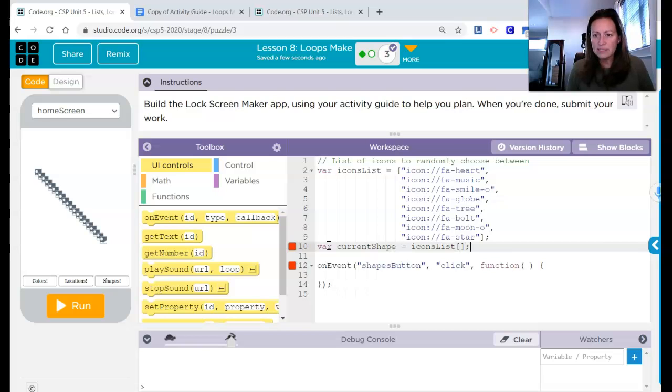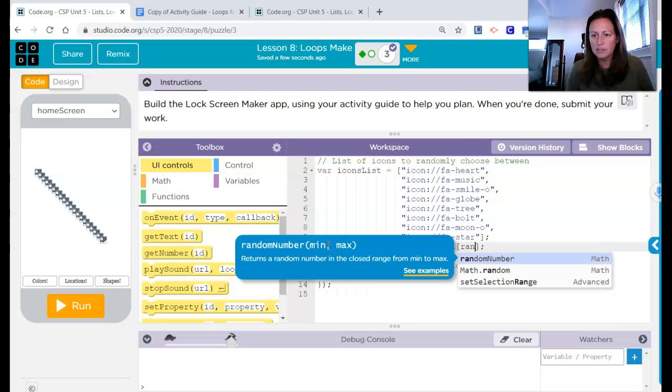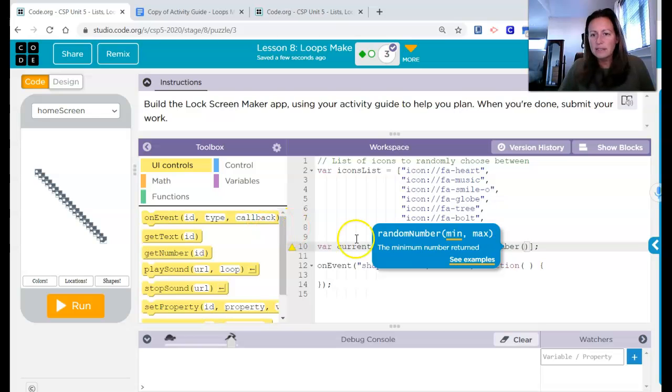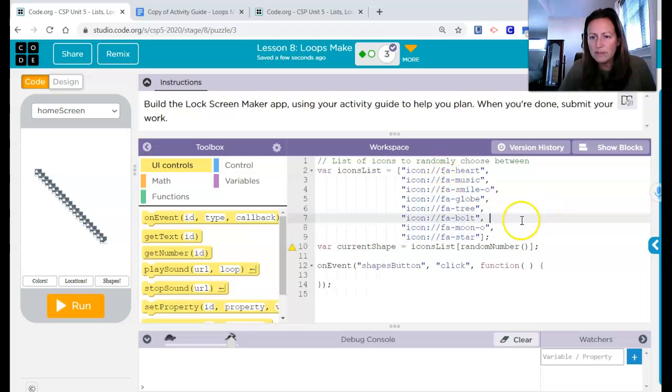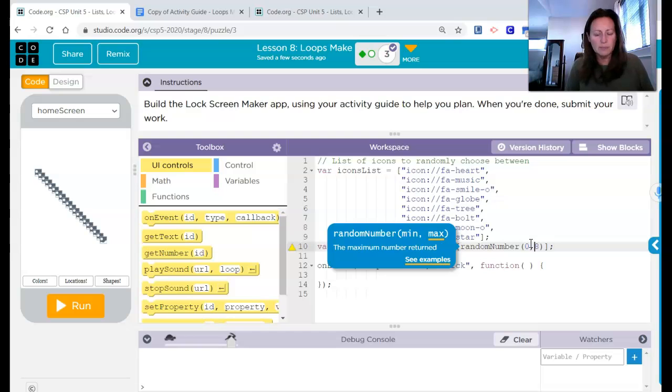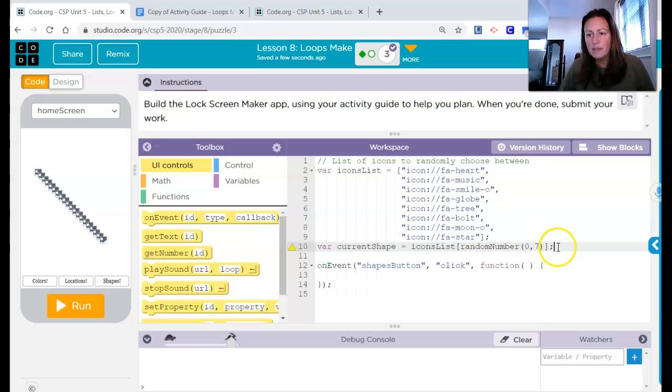Which element of the icons list? I'm going to access a random number between 0 and how many icons are there to choose from? 0, 1, 2, 3, 4, 5, 6, 7. There are 8 icons to choose from. So I want between 1 and 8, maybe 0 and 8. 0 and 7. 0, 1, 2, 3, 4, 5, 6, 7. Okay, a random number between 0 and 7. So that should be able to retrieve an icon name from the list,